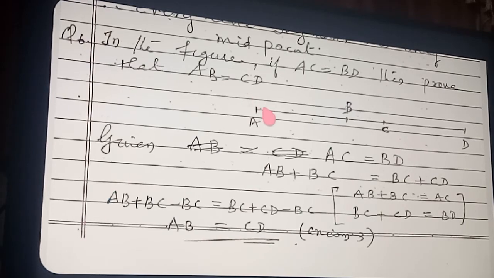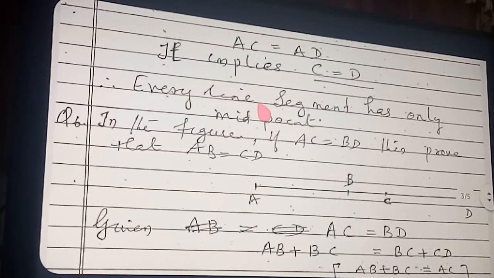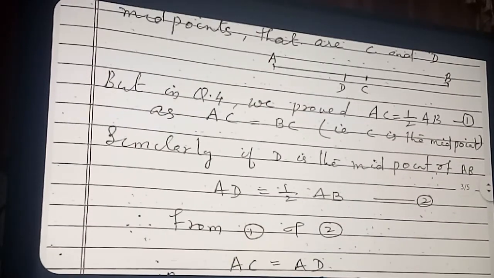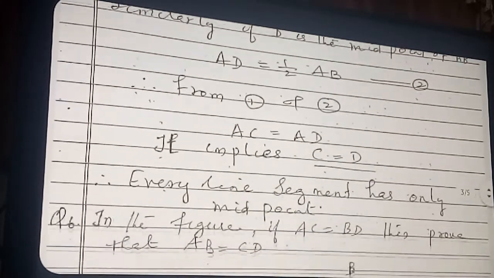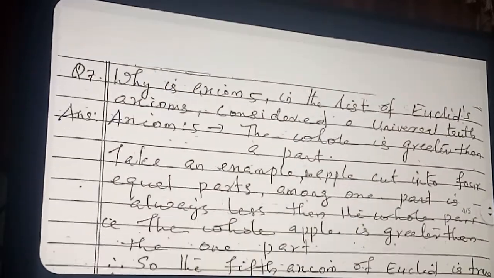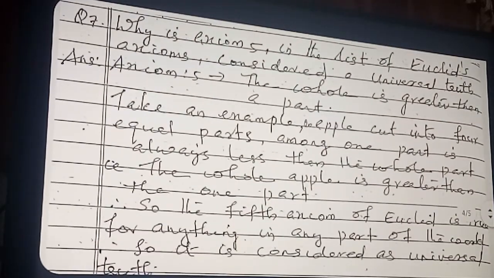Okay, completed both. Both the sums complete. This also complete, and next sum also complete. Okay, completed? Okay, now move to the next question, number 7. These are very simply logical sums only.